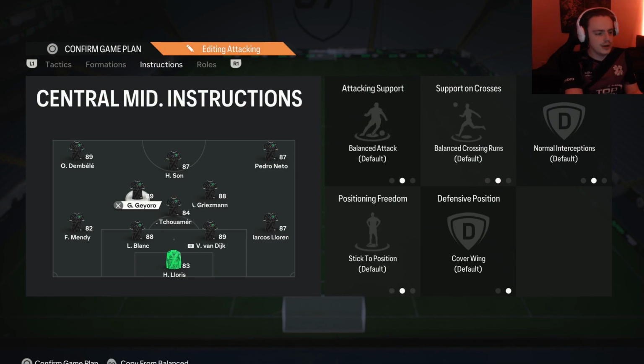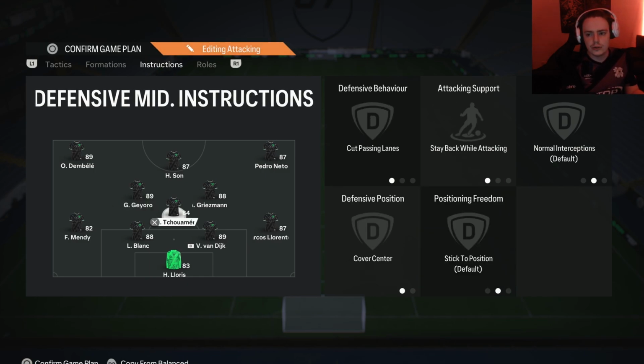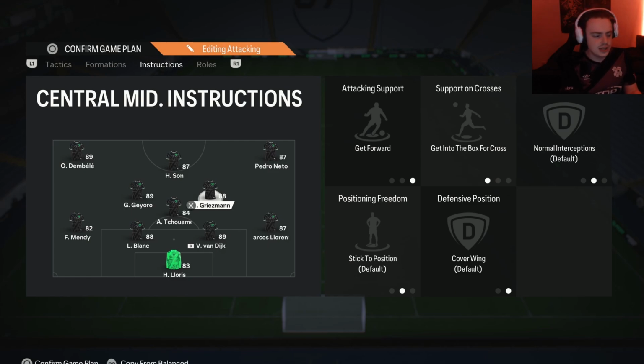For the left center mid, I use a more box-to-box style player. So I leave them on the default settings, and I even have them on cover wing. Now this is because it doesn't defend in a 4-man, like I said. So sometimes this player will need to cover the wider areas in case an opponent is going down the wing. But otherwise, they will primarily focus on those central areas still. So cover wing on this player, cover center on the CDM, and then for the right center mid, guys,